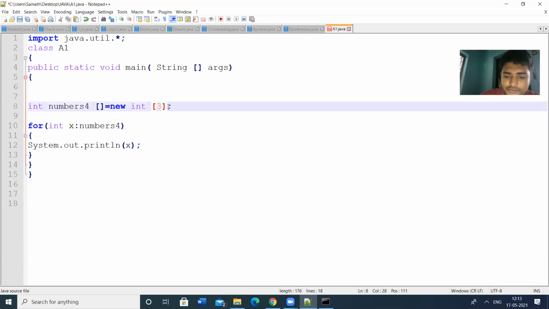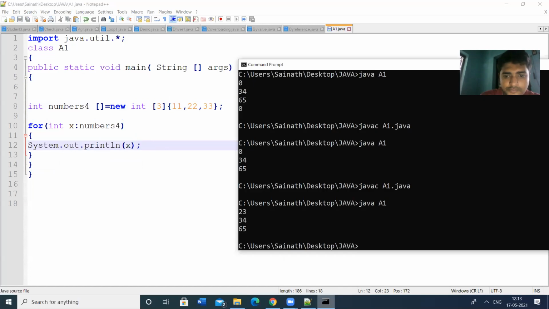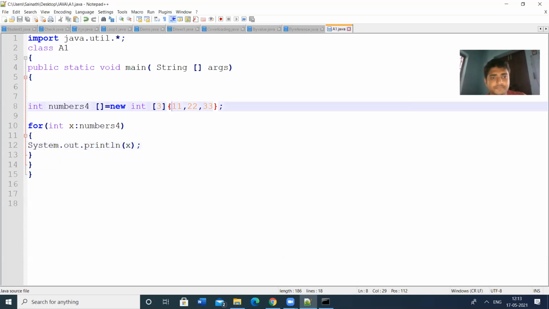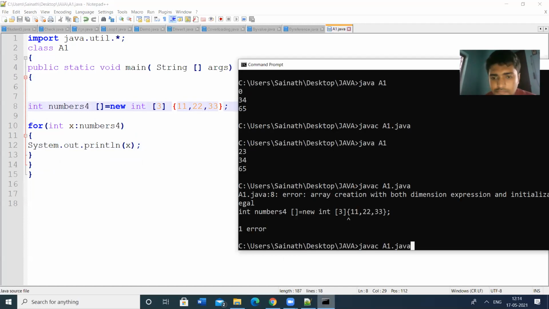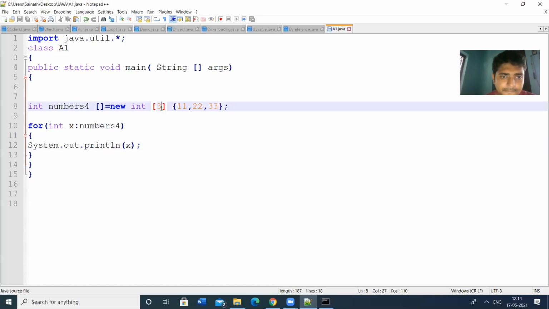Here also we can give the values 11, 22, 33. You can assign like this and then check the output. Let us remove this size.